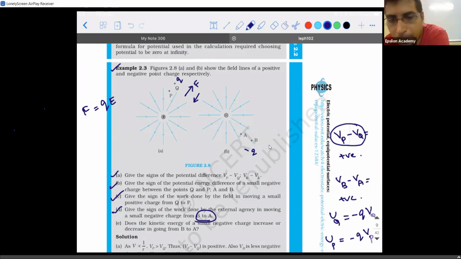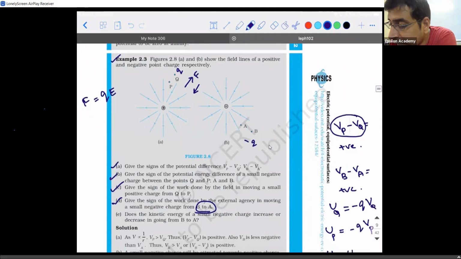Whereas in this case, what is happening? The electric field will try to push the particle away. Because what kind of a charge do you have? You have a test charge which is negative. In this question they have mentioned it, so it's a negative test charge. Due to the already existing negative source charge, the negative test charge will experience a repulsive force, and the repulsive force is of magnitude QE. Listen to my question carefully: this is a repulsive force offered by the electric field or the external agency.